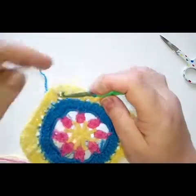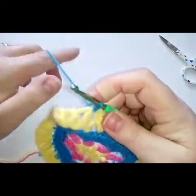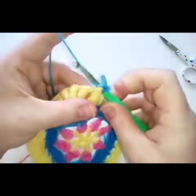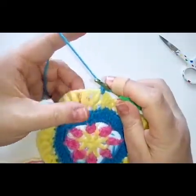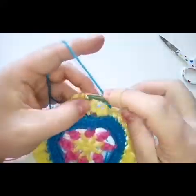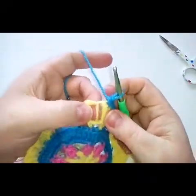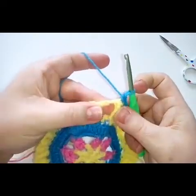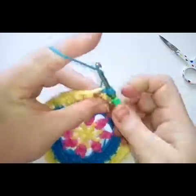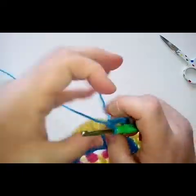Okay, sorry guys, just needed to check the pattern there. So you are going to do 2 single crochets in this space here, 1, 2, the space before the bullion, and then you're going to do 2 single crochets in the next space, and then for your corner, just don't make the mistake of going between the strand, make sure that strand is next to the bullion. Okay, so you're going to do 3 single crochets in this space here, and that's your corner,